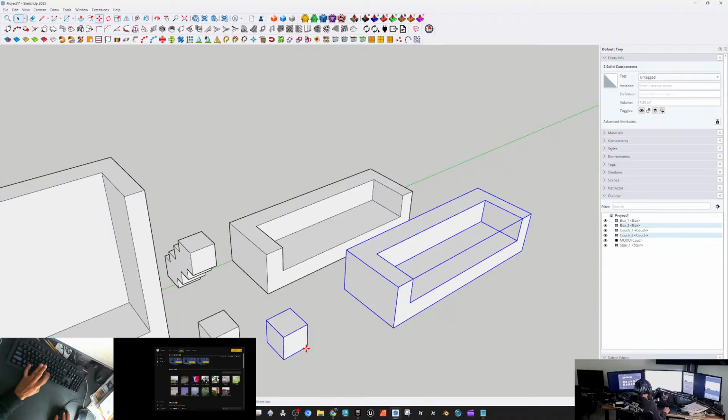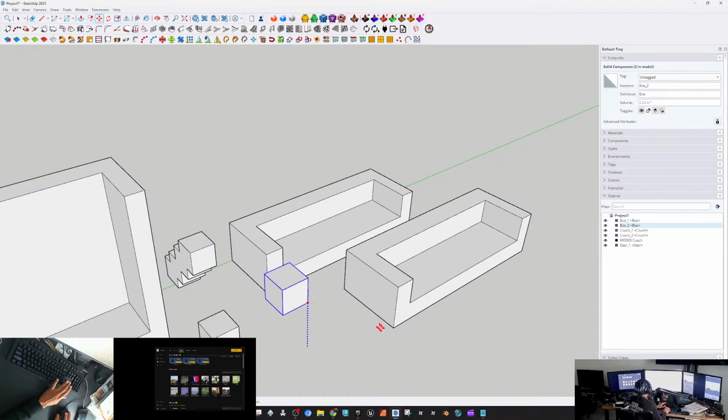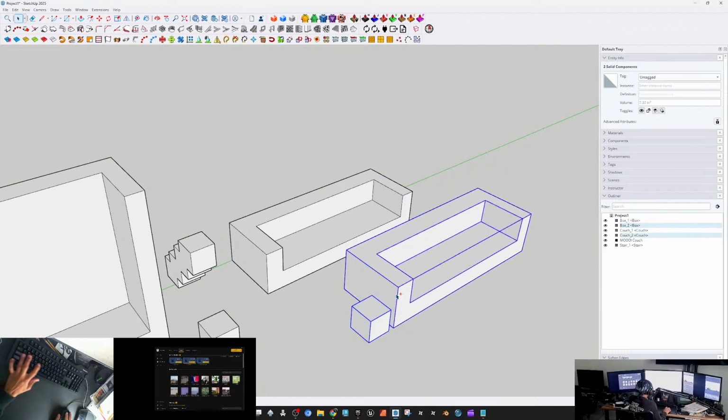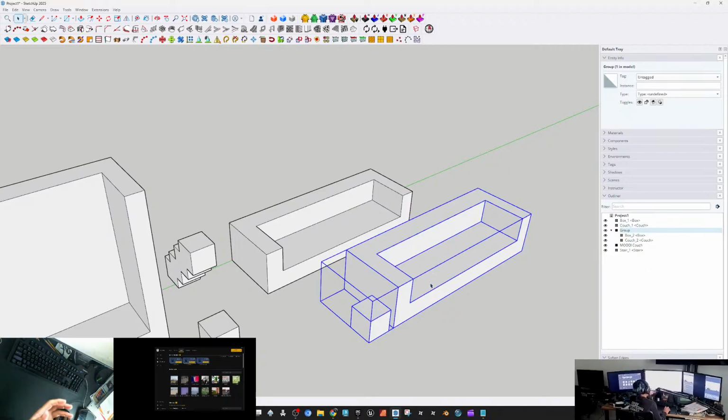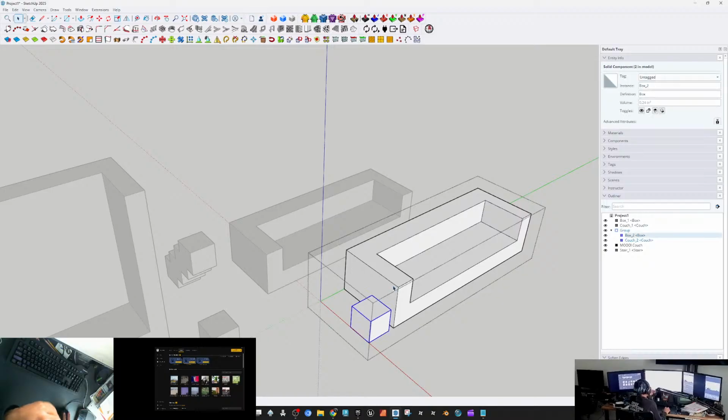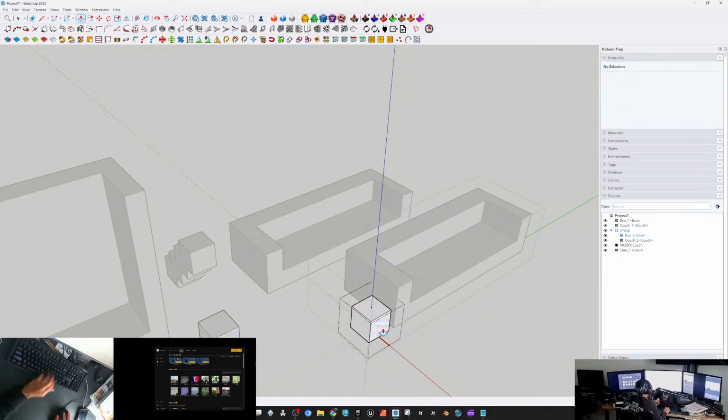I can take this box here, the bottom corner. Let's move it on the Z-axis down to match the floor of the couch. Let's move it forward on the red axis, and then let's move it on the green axis to be closer to my couch. I can now take this side table thing and the couch and group them together. So this is a group, not a component, but inside of this group I now have 2 components. So I can still manipulate my components,